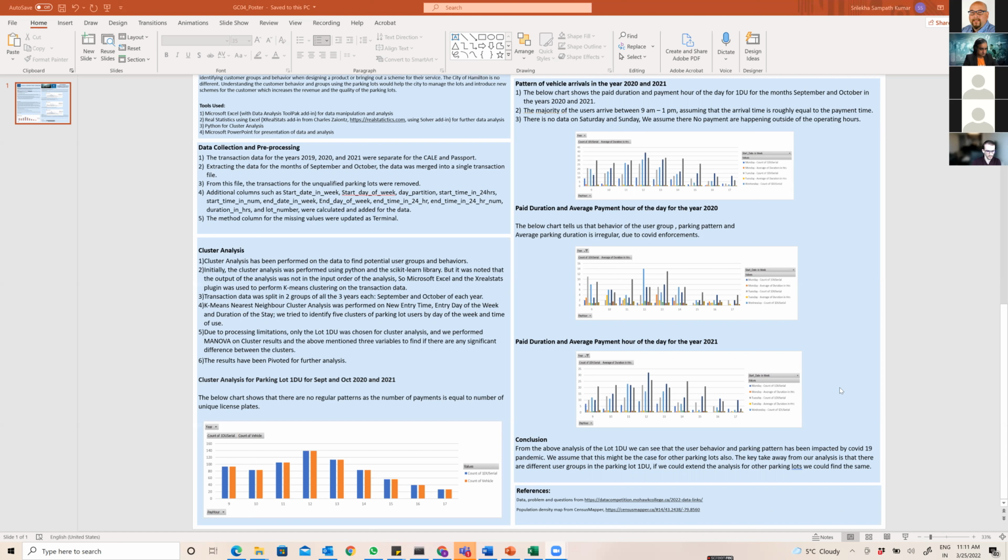So this testifies that no one was parking every Monday at 9 a.m. or every weekday at 9 a.m. Because if they were parking every weekday, there would be more payments than unique license plates. The further question analysis will be explained by